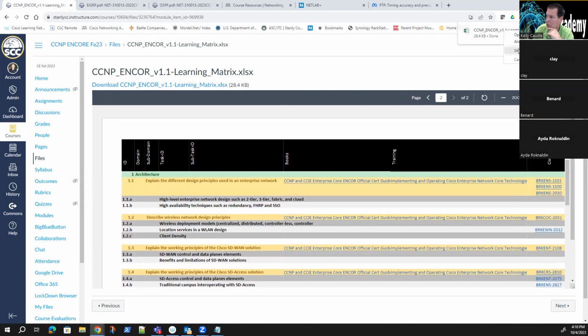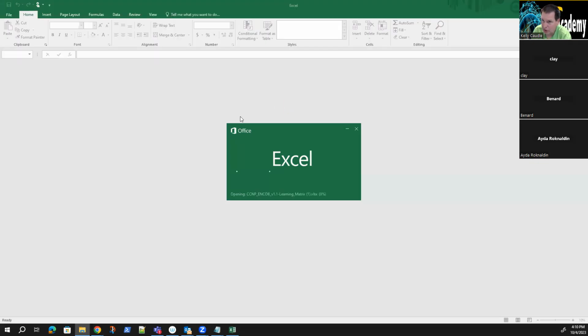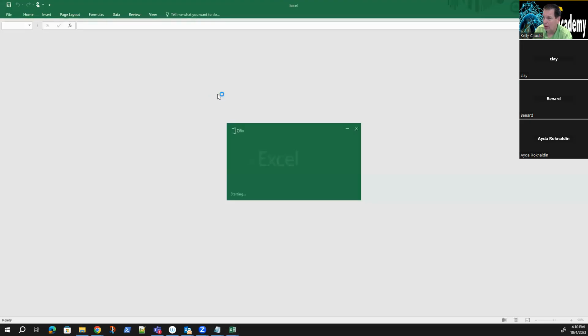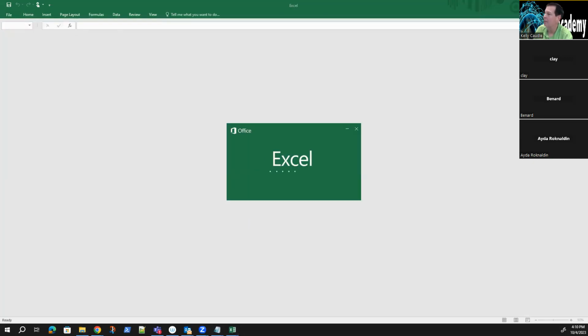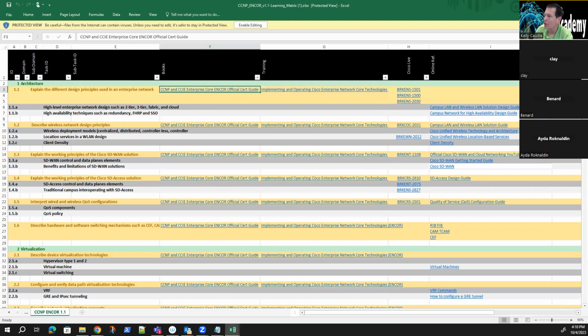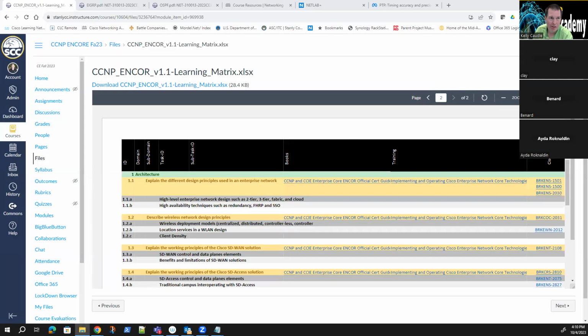Now, I want to show you something even cooler too. This is really neat what they've done with this particular Excel spreadsheet. I actually opened it twice. Again, I'm getting click happy. Actually, I opened it 3 times. All right. So what they did with the Excel spreadsheet is they went in and added where you can find